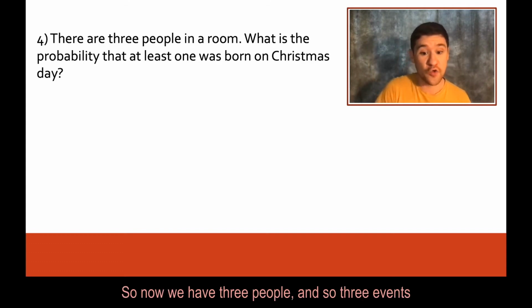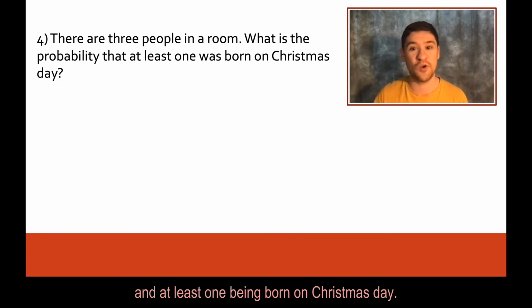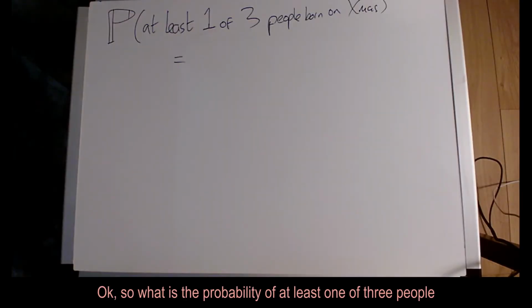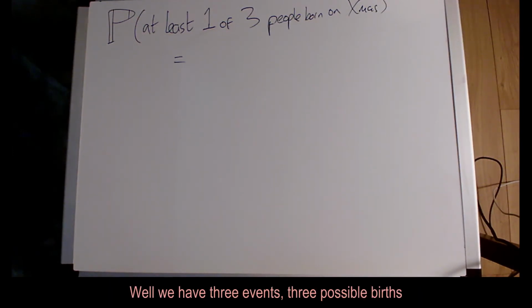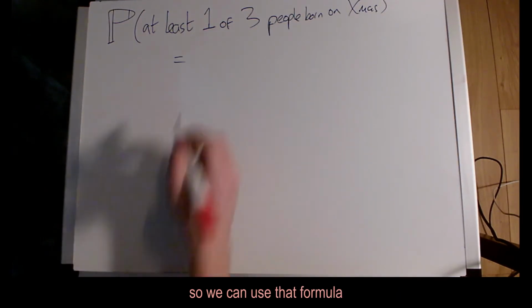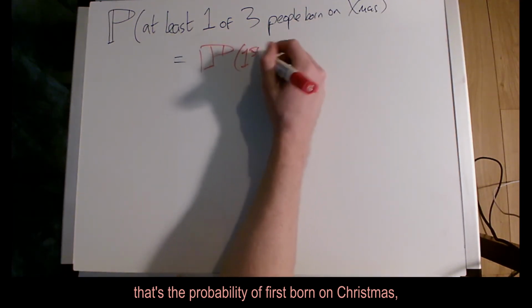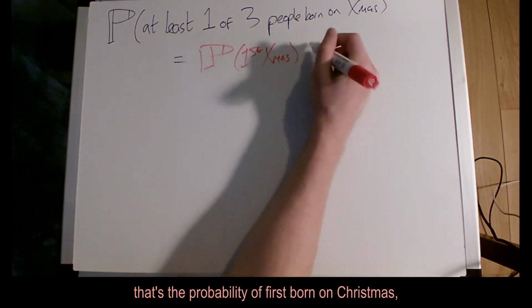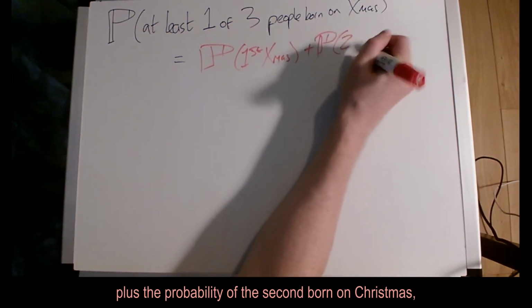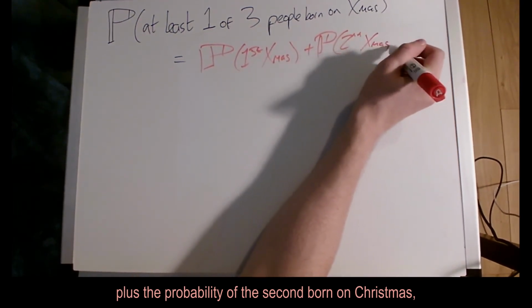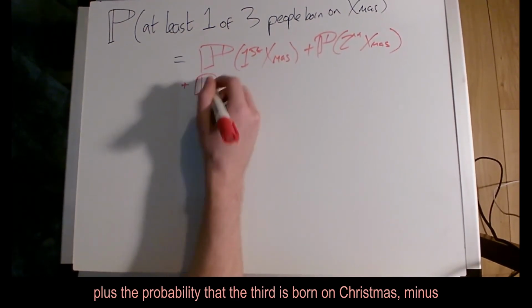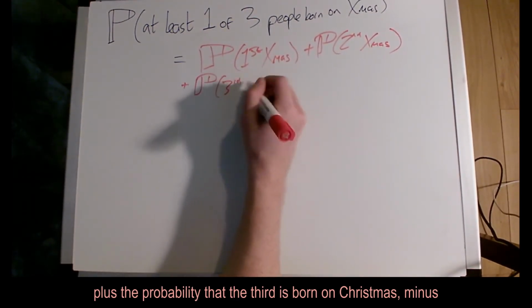So now we have 3 people, so 3 events, and at least one being born on Christmas Day. Okay, so what is the probability of at least one of 3 people born on Christmas Day? Well, we have 3 events, 3 possible births, so we can use that formula. That is the probability of the first born on Christmas plus the probability the second is born on Christmas plus the probability that the third is born on Christmas